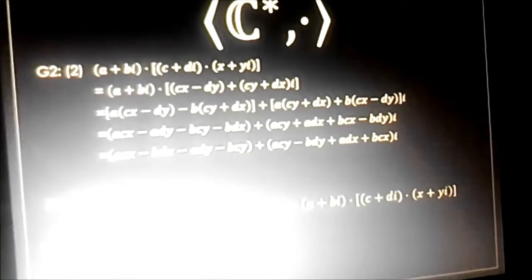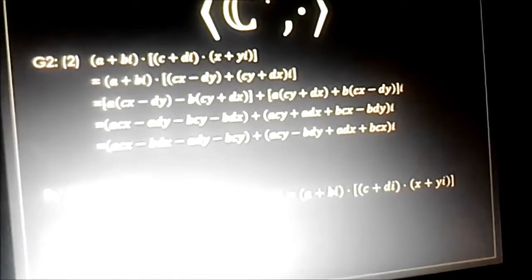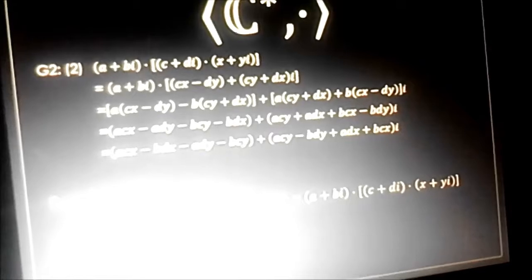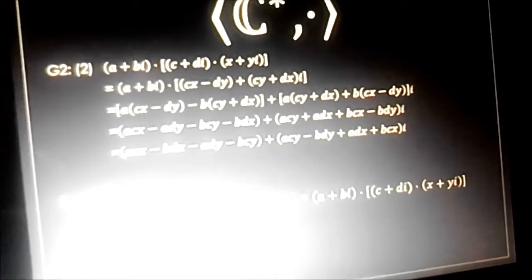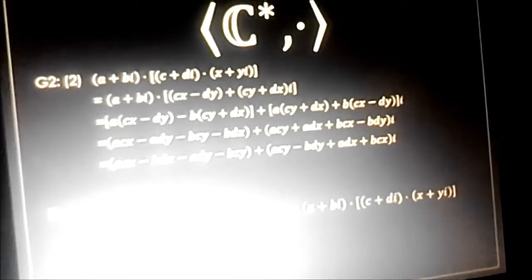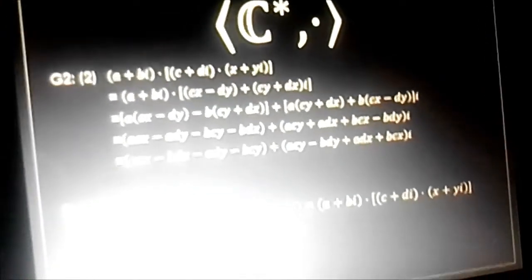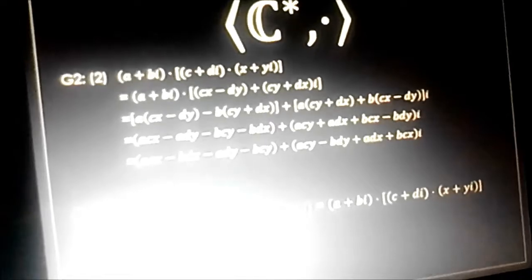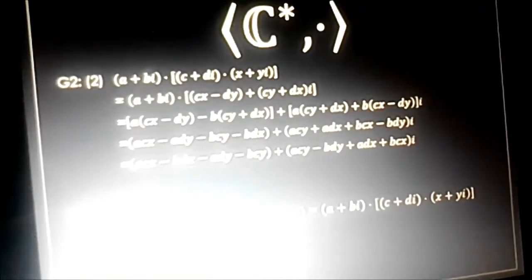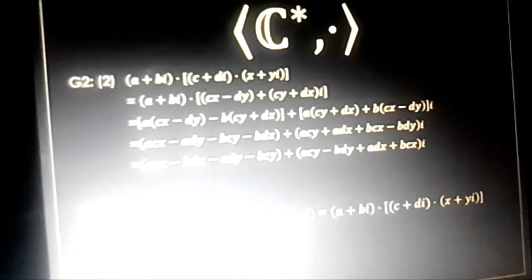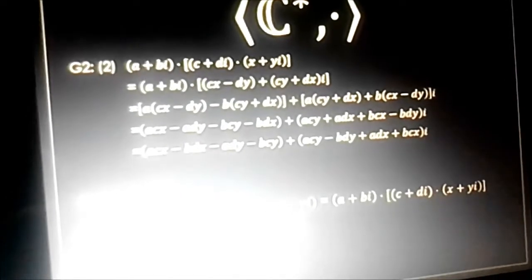Then bi will be multiplied to (cx − dy) and (cy + dx) multiplied by i. So it would result in a(cx − dy) − b(cy + dx) plus